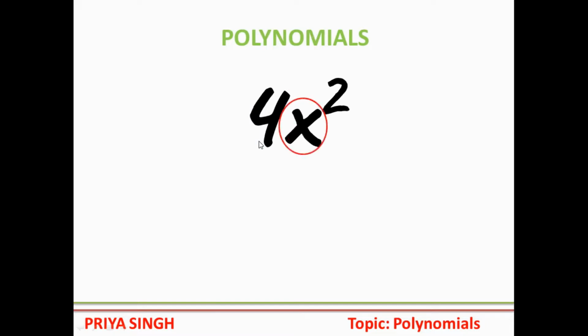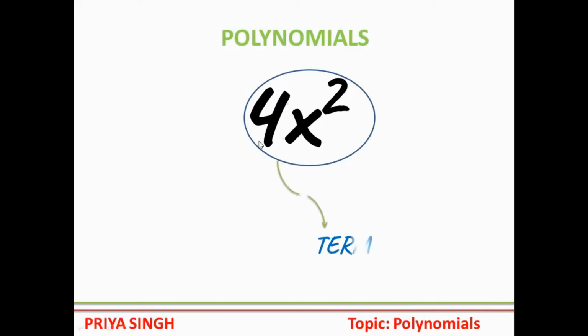Another one is variable. Variables are the alphabets used in the equations. Variable means the values can change. The values differ. Can you see something is written above the variable? Yes, 2. It is known as exponent or power. It is also known as index. In all, this whole component comprises to form a term.